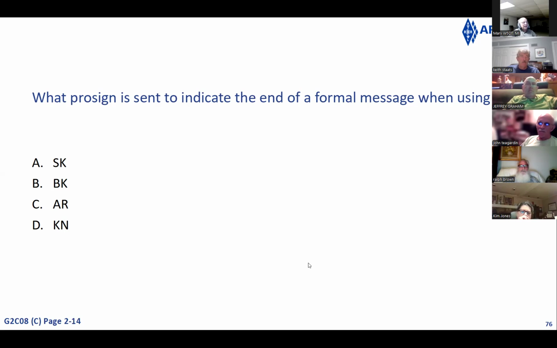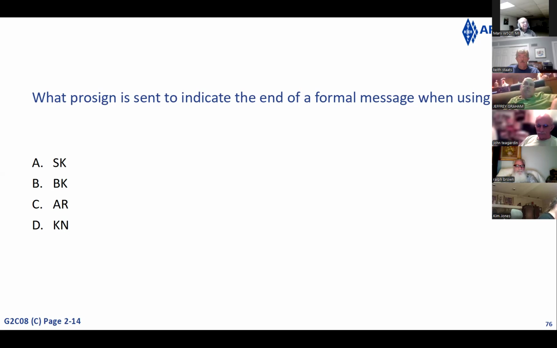You can also use SK too. It could be. But that's a trick question. Yeah, but the book says AR, but I'd use SK. But you used SK, correct. The book says AR. That's why I asked. Yeah, I do pay attention. But the book says AR, so